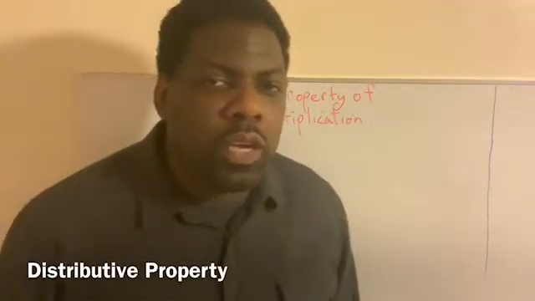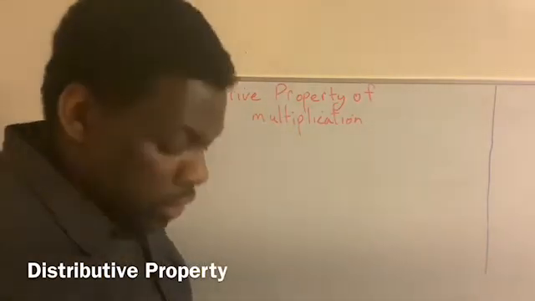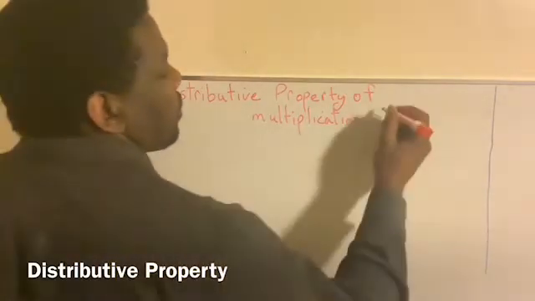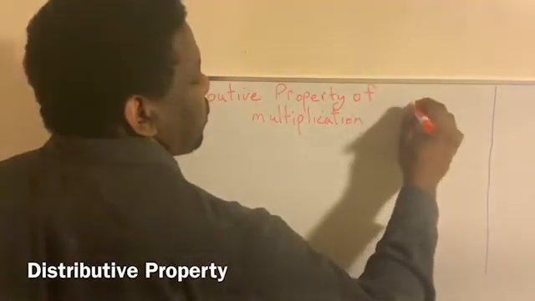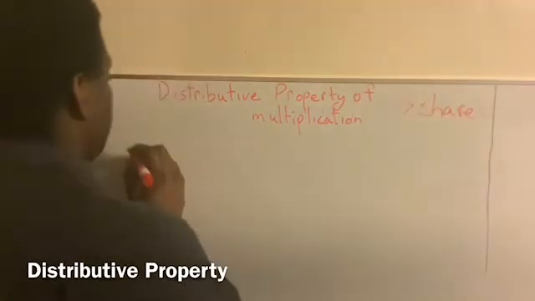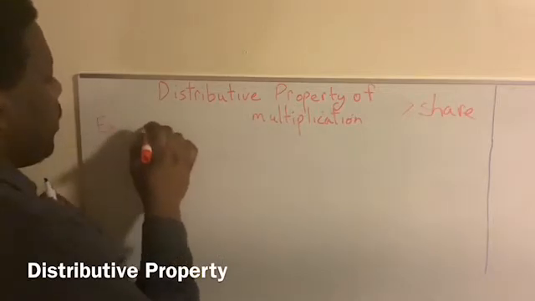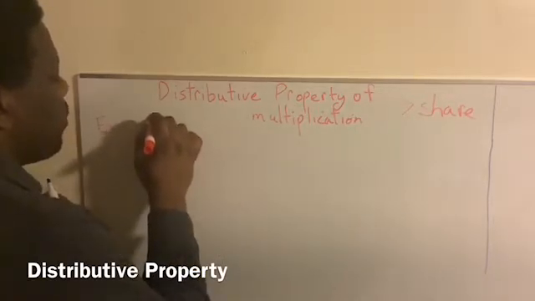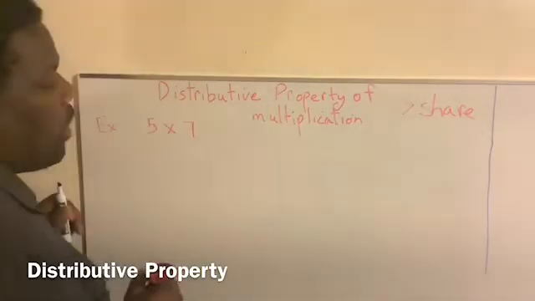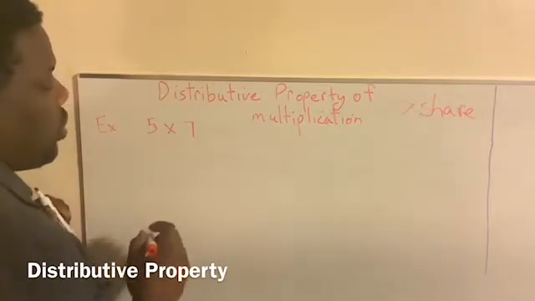Okay, today we are going to be discussing the distributive property of multiplication. Now, to distribute means to share. So, let's say we have 5 times 7. And you may not like multiplying by 7, so